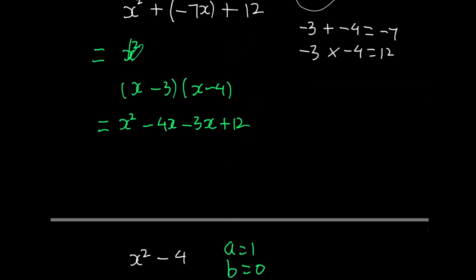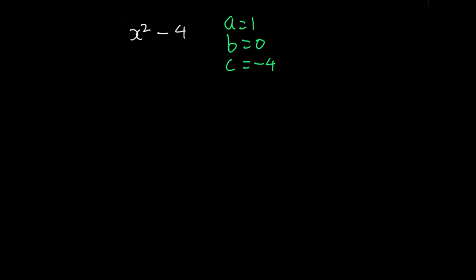And the method is the same here as in the previous questions, just we need to assume that b is equal to 0. This means we need to find two numbers which add to give 0 and multiply together to give negative 4. And this means that these two numbers should be opposite each other. For example, plus 2, let's use yellow, and negative 2. And multiplying these two together